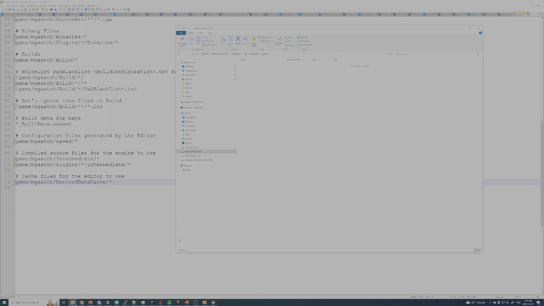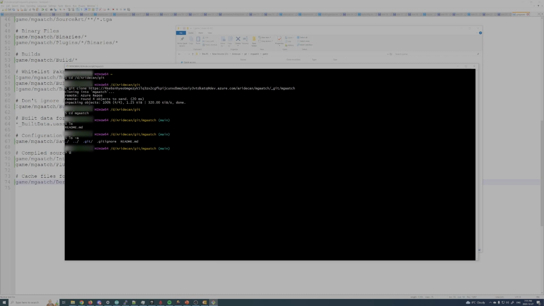Next, we need to set up our Git LFS. Right now we're going to do a Git LFS install. Git LFS is initialized. Next, what we need to set up is the file extensions that we want to get pushed into Git LFS. Now these will be all of our binary assets. Now that we have Git LFS installed, we're going to type git lfs track